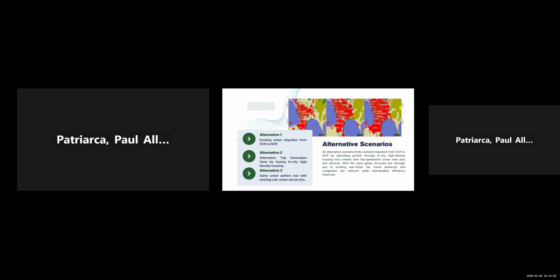In summary, rather than proposing a transport solution or focusing on the transport system itself, this topic will play on the urban fabric, or alter the urban fabric itself, in which it would manipulate where the trips would originate and where the locations of the trip attraction zones are, in order to optimize and find the most ideal urban layout for NCR. I think that would be all, sir.